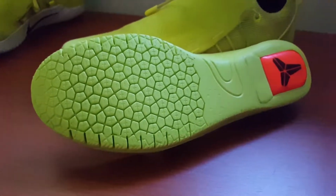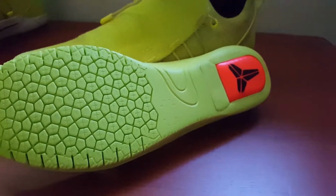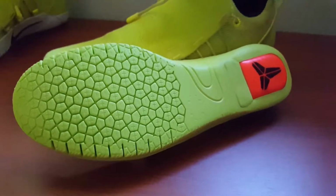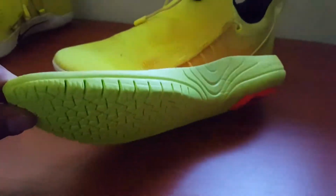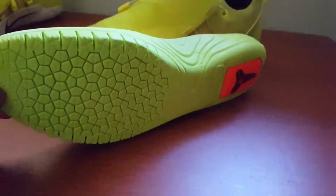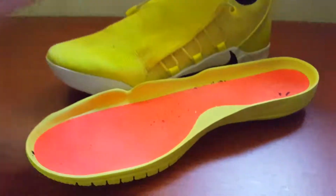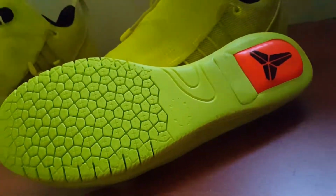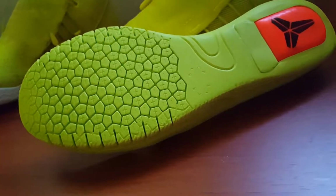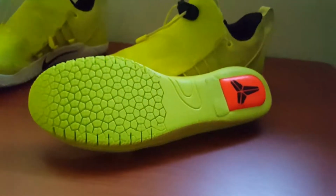But since it's lunar long, it tends to bottom out really quick, so it's good for the moment. But I feel like after a couple of months of having it, you're not going to feel the same cushion as when you bought it, which is kind of a downside. But the drop-in midsole, as you can see on this other shoe, you can see right through it because I don't have the insole. This is the midsole, not an insole, a midsole. The cushion was good for outdoors, protecting you from the hard concrete and everything. So you're covered there. Let's move on to